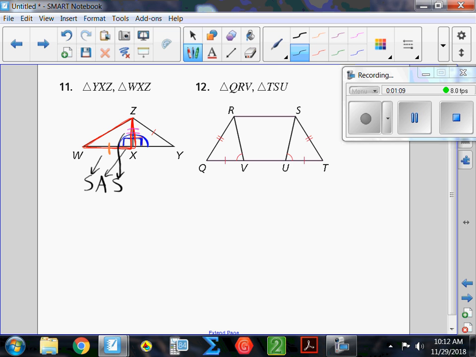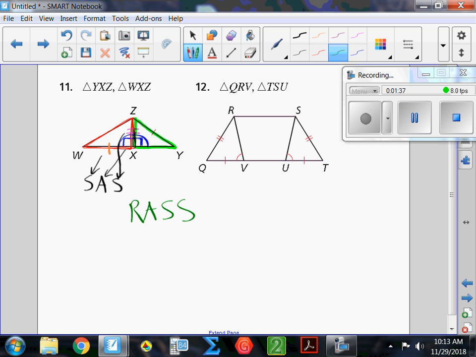The problem is that if I look at the other triangle, which I'll highlight in green, I don't have the same set of information. On the green triangle, I have an angle, the right angle, and then I have two sides, and it is a right angle. So we talked about in class how you could use two sides and a right angle, but